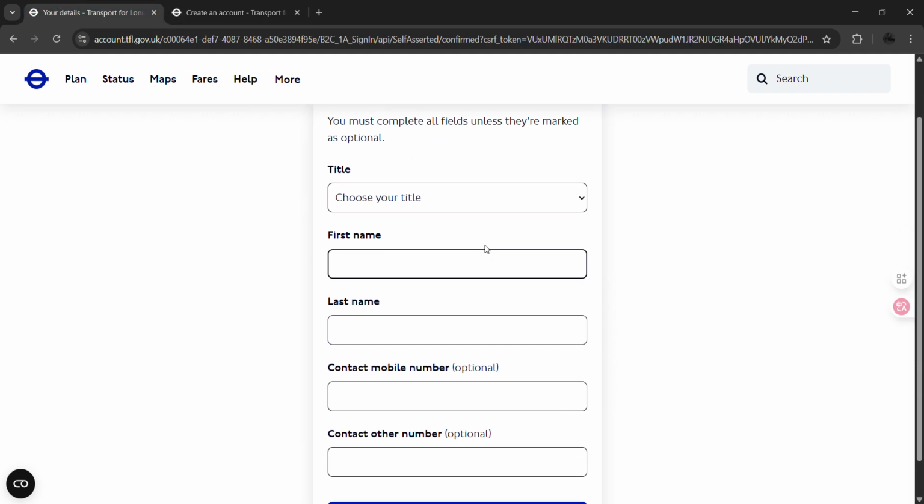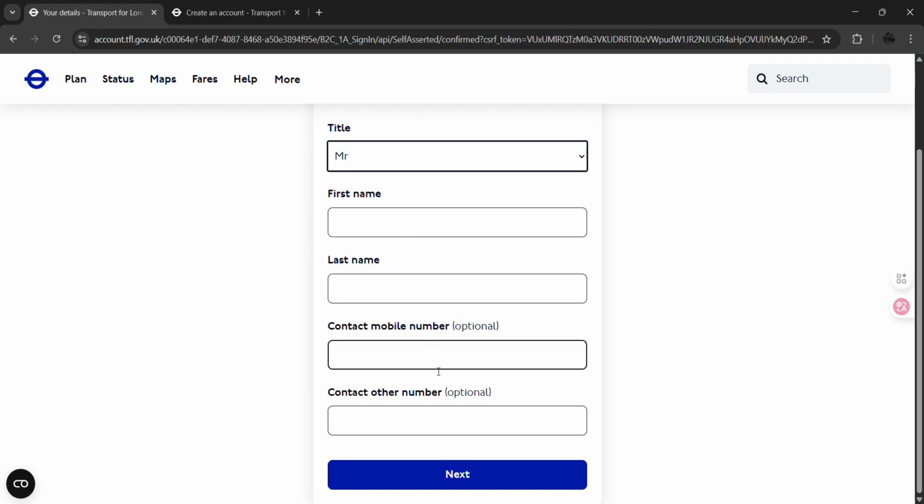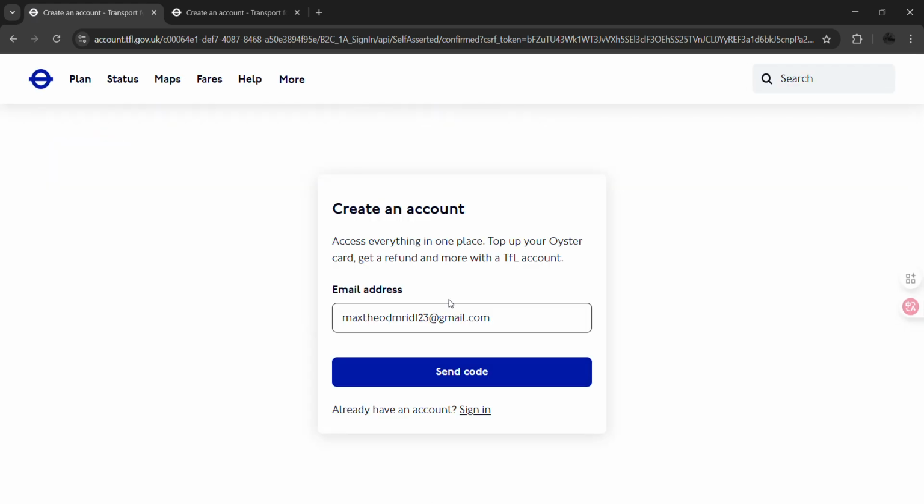Now you'll have to enter your title, like your Mr., and then your first name, your last name, and your contact number. Those are optional. So let's put Hades as the first name and Hades as the last name, and you can simply press on next. Once you do that, it will redirect towards